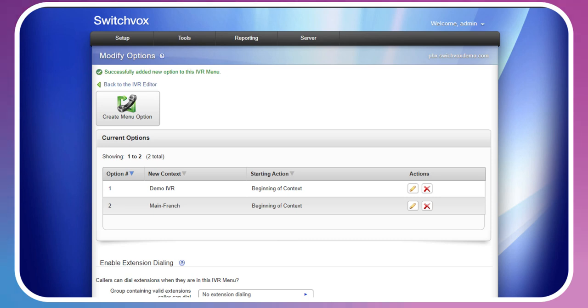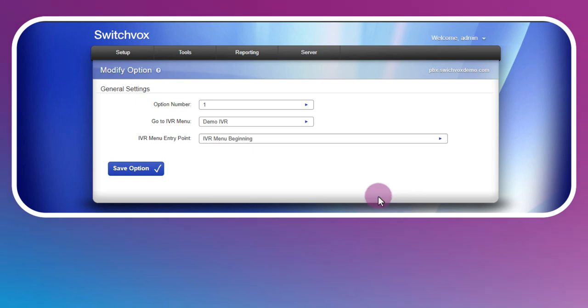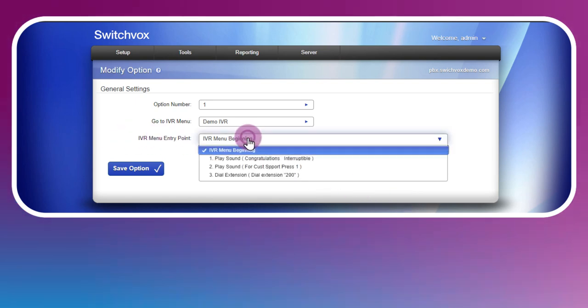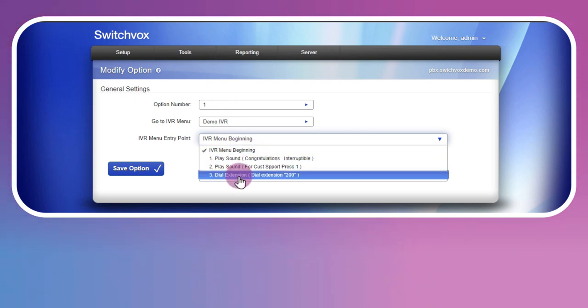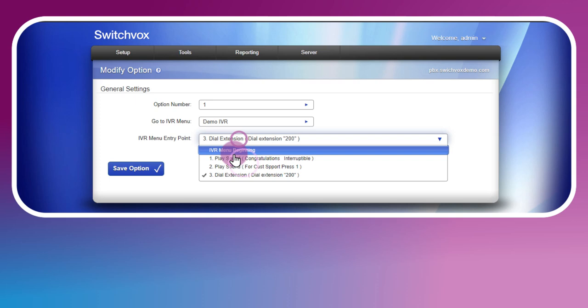So a quick tip, in many cases your greeting could simply ask callers to press a digit like 9 for a different language, but continue through the IVR in the primary language without needing to press 1 and switch menus. This is preferred. Simply change your entry point from the time check to the main greeting audio down the IVR actions list. So for that, if you have other options in the IVR, it's your entry point. And you can just, for example, if they press 1, you could skip down through the menu accordingly.